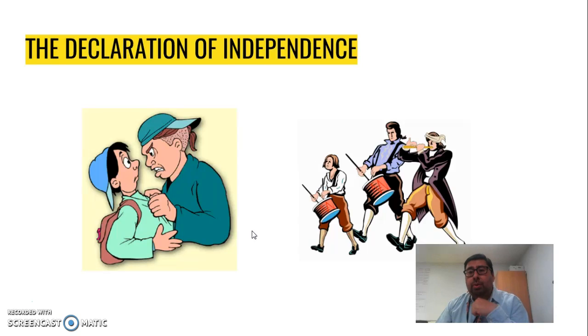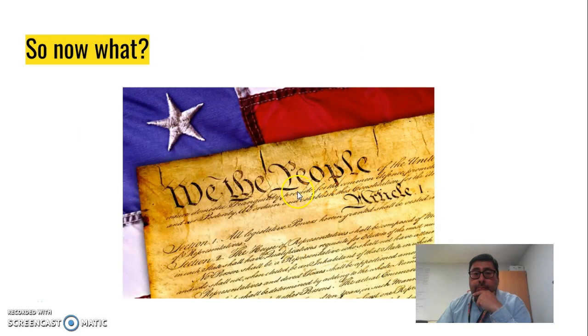So yesterday, we talked about the Declaration of Independence, that the United States wanted to liberate itself or separate from England, who was treating them badly, and therefore they had a revolution. So what? Well, they finally separated from England, and they had to do things on their own. So they had to come up with rules for this new country that they were going to make.